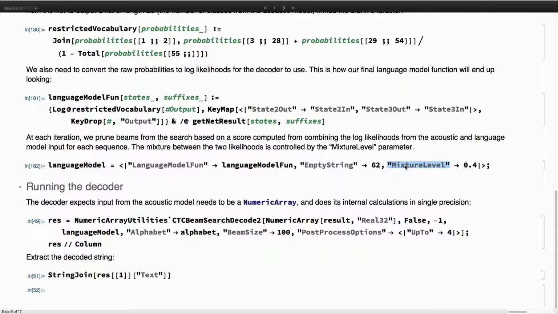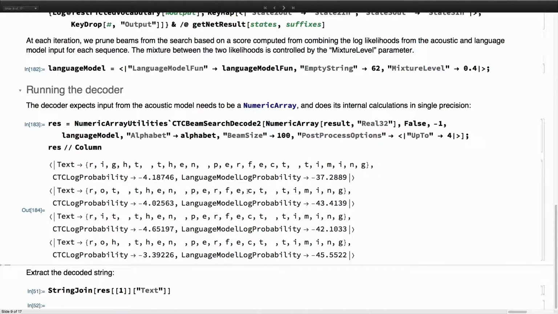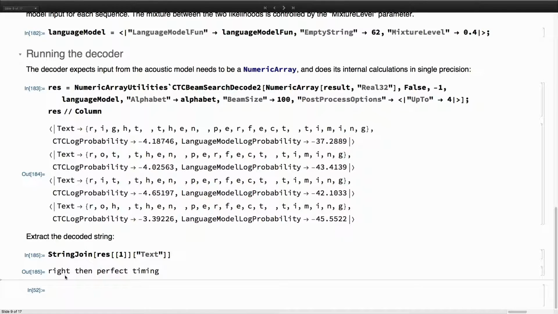This gives us a score of the result that takes into account both the acoustic and the language model. So you can see these are the first 4 top results. And you can see that the spelling mistake that the main network made is now corrected by our language model.